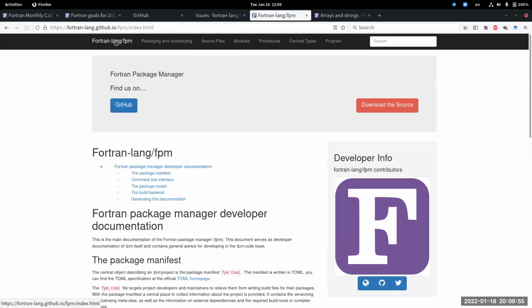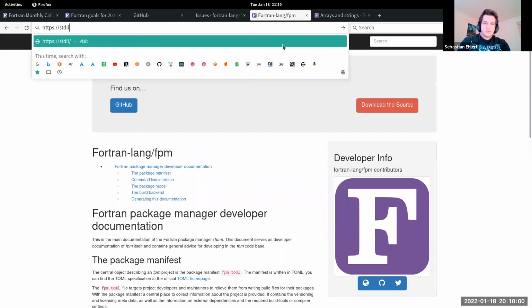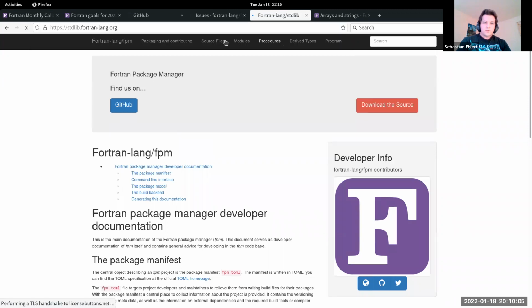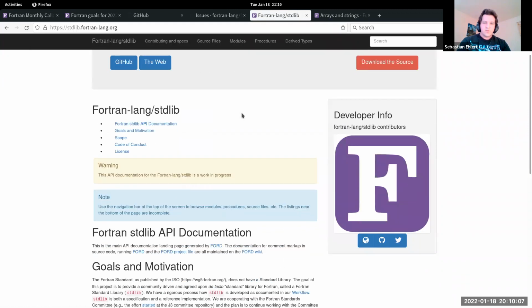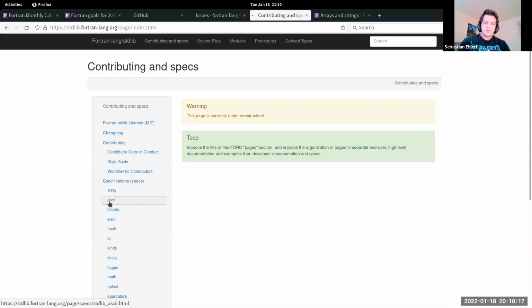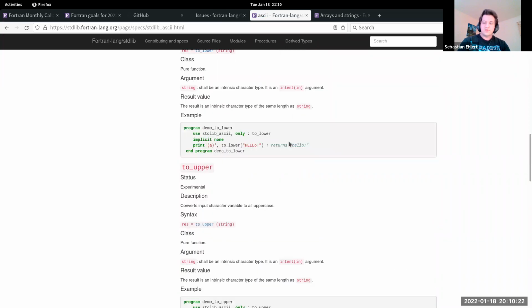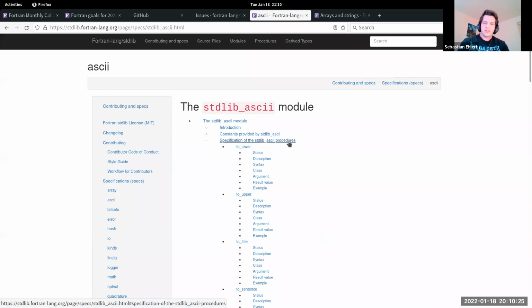Yep, I agree. And I mean, we get the same thing with standard lib. If you go here, then you will arrive at this page. Then of course you find the specs, but I think it's not clear that if you go to the specs you might also find examples of how to use this. So this sounds more like something a developer would look at who wants to maybe implement standard lib if you look for specifications.